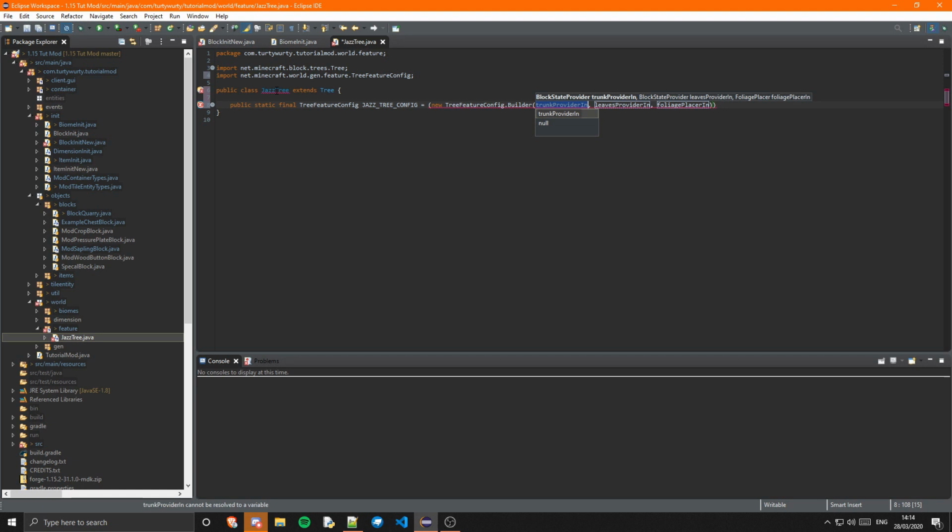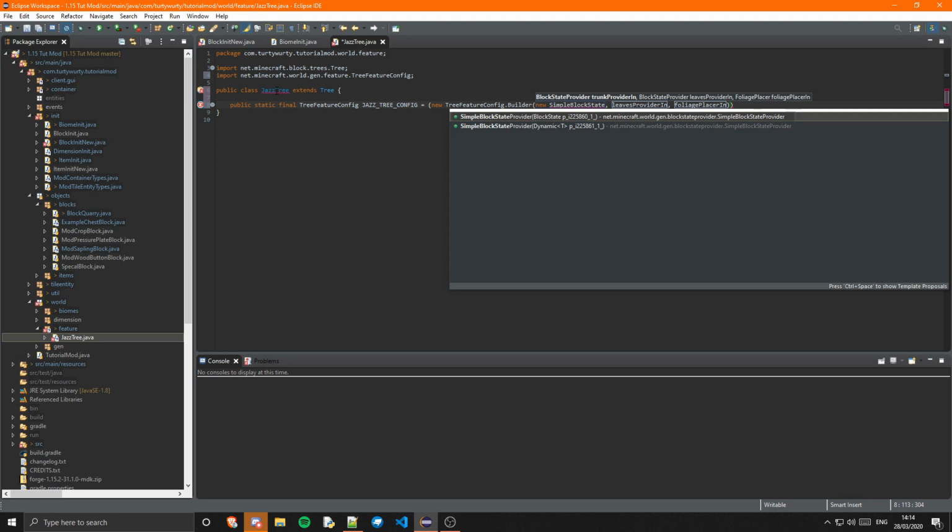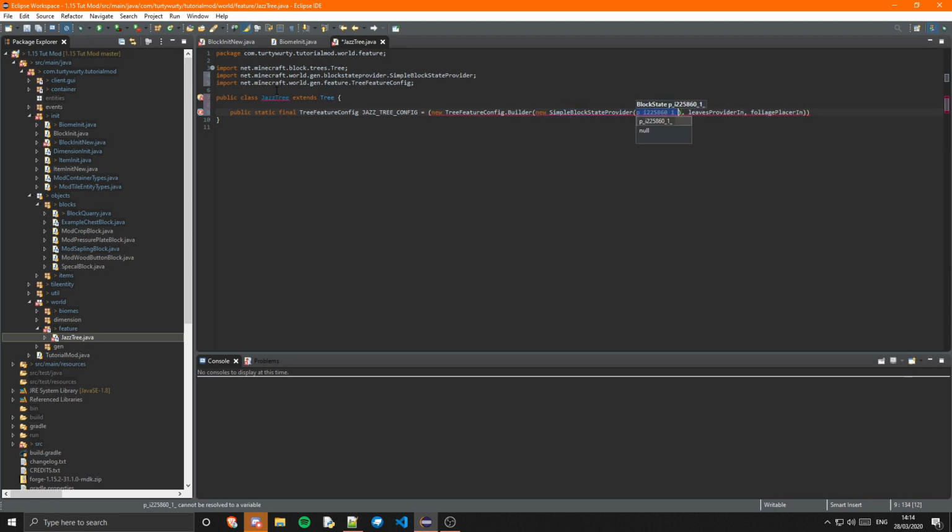First, that takes in a simple block state provider, so we can do a new simple block state provider. This is basically, just so you know, the actual tree generation, so you can customize this how you want,